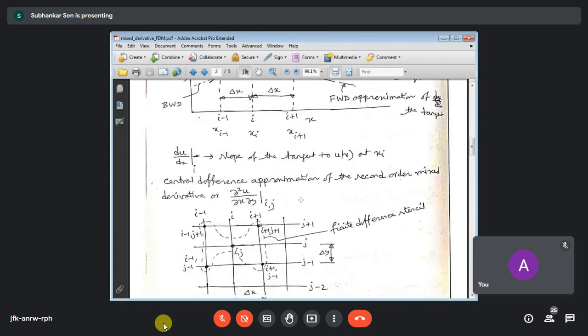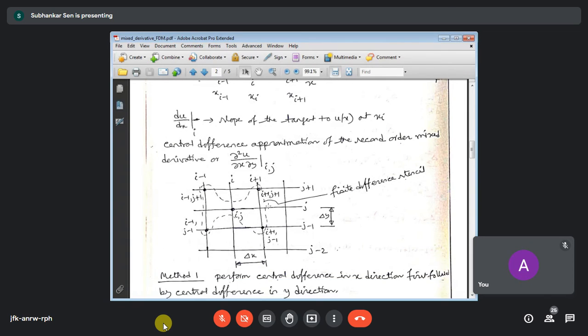Here we are showing the example of the mixed derivative of this unknown u. So u is a function of both x and y. We can have terms like del 2u del x2, del 2u del y2, and also del 2u del x del y. But in our fluid mechanics and fluid dynamics problems, we don't have to deal with these terms in conventional equations. We want to approximate this derivative at nodal point ij. For this case, we are showing the Cartesian grid lines, and this is the pattern of the grid.